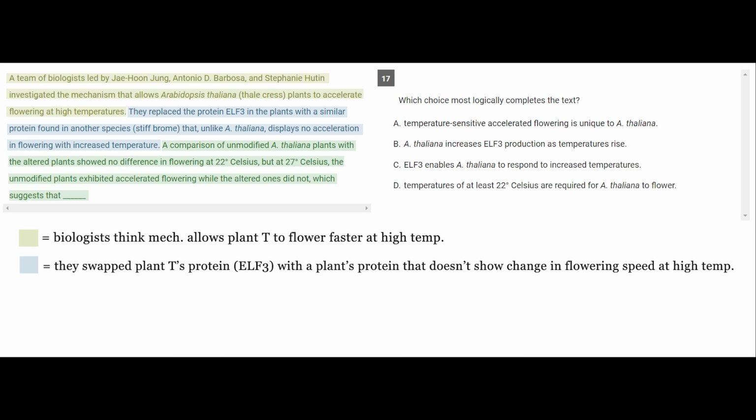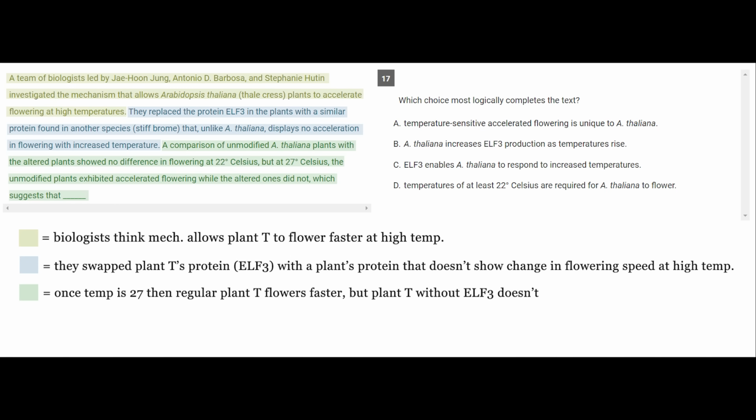A comparison of unmodified A. thaliana plants with the altered plants showed no difference in flowering at 22 degrees Celsius, but at 27 degrees Celsius, the unmodified plants exhibited accelerated flowering, while the altered ones did not, which suggests that blank. This can be simplified down to, once temp is 27, then regular plant T flowers faster, but plant T without